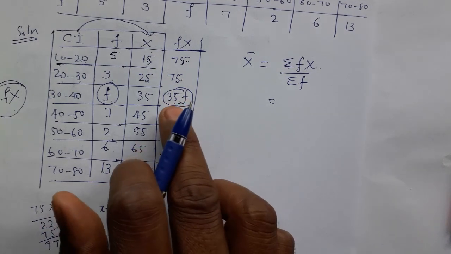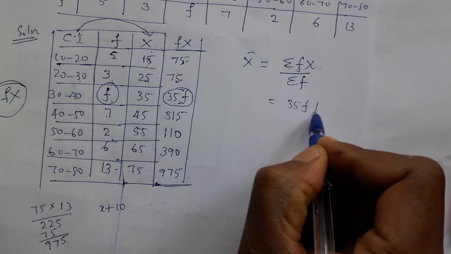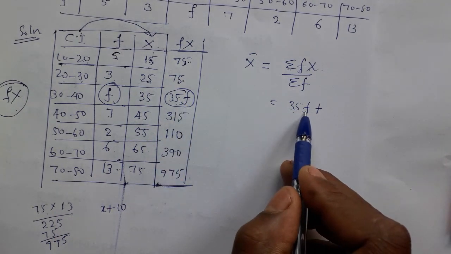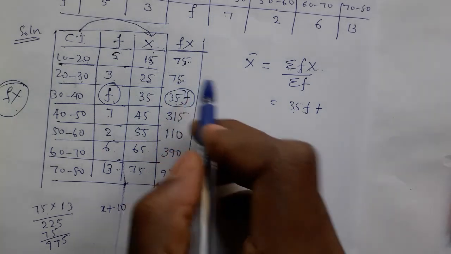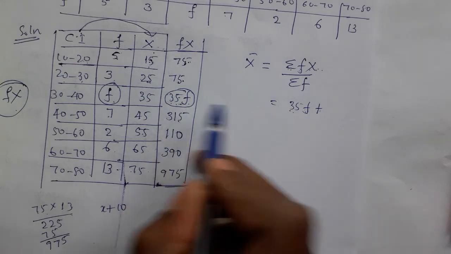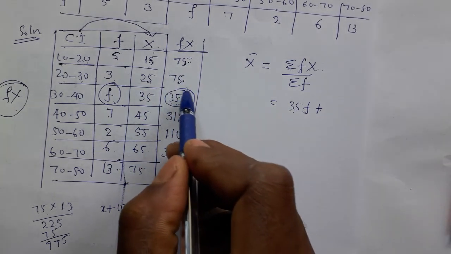So what we will do, the 35f we will leave as it is. Look at 35f, as it is I write, because 35f is a variable, so therefore I write it as it is. The remaining values I add now. So 35f I keep the same, plus the remaining values we will add: 5 plus 5. So that's why I rounded this.